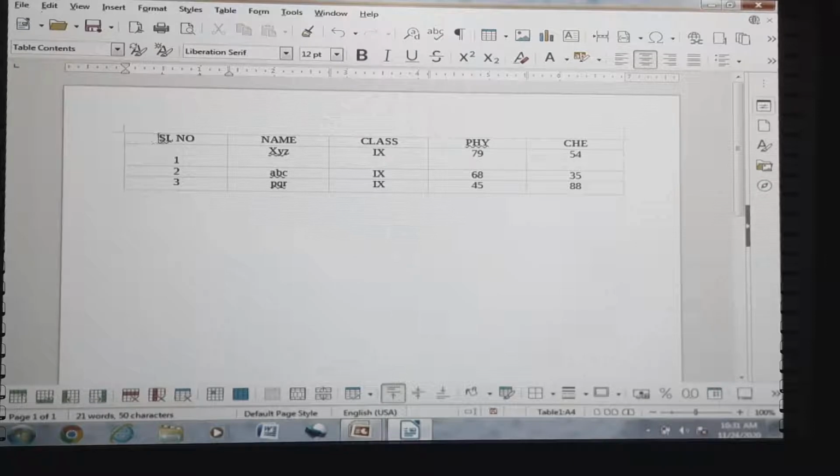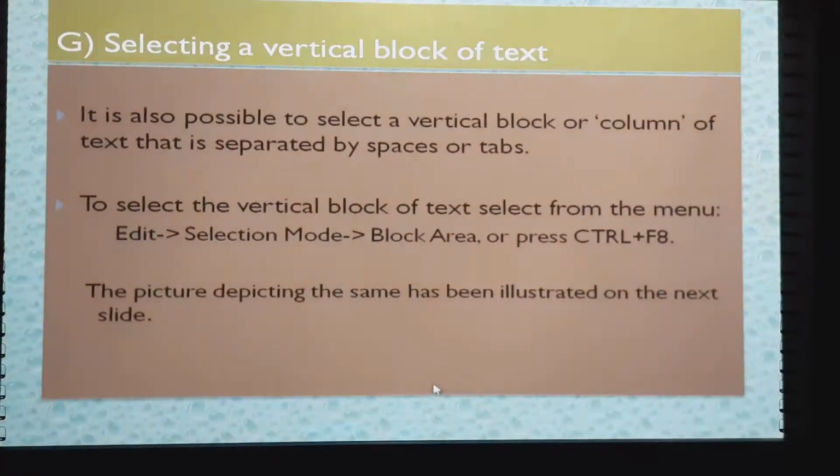Suppose I need to select these two columns, then directly we can do it, or simply one shortcut is there, that is Ctrl F8. If you press Ctrl and F8 keys together, then also this vertical block of text will be selected, just as from the menu. So this is how the selection can be done for a vertical block of text.